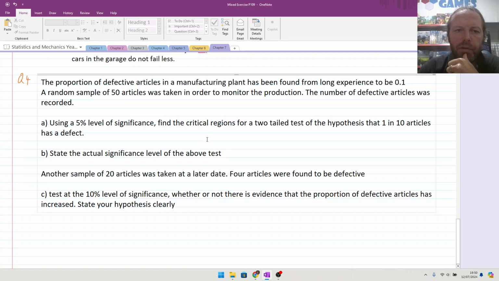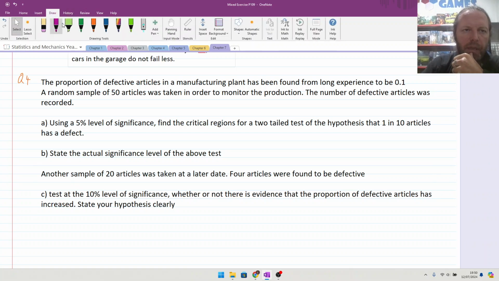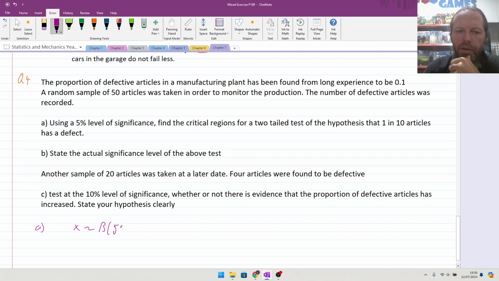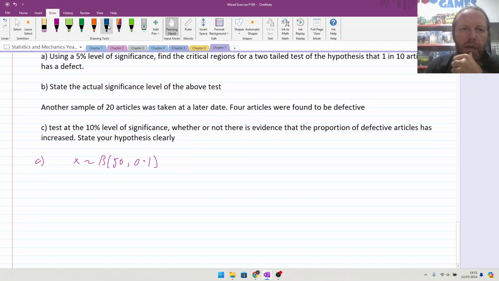Use a 5% level of significance to find the critical regions for a two-tailed test of the hypothesis of 1 in 10 articles has a defect. So we are looking at part A. We are looking at X being binomially distributed. We have taken a sample of 50 and we have a probability of 0.1, 1 in 10. We are going to have a hypothesis test of